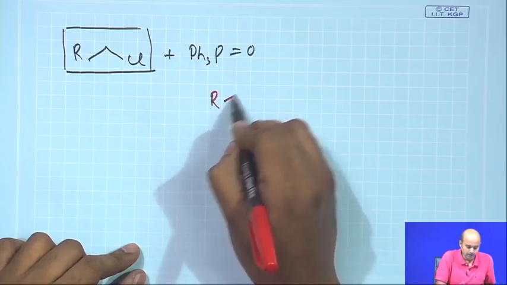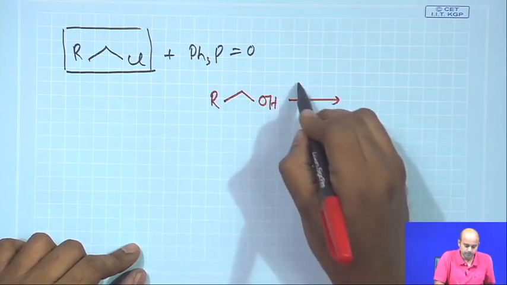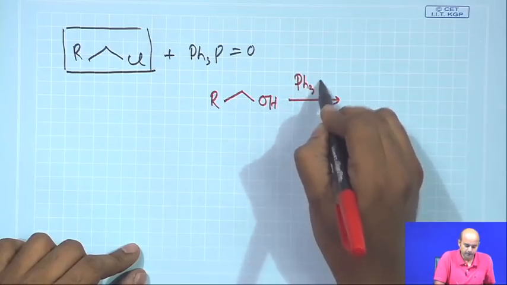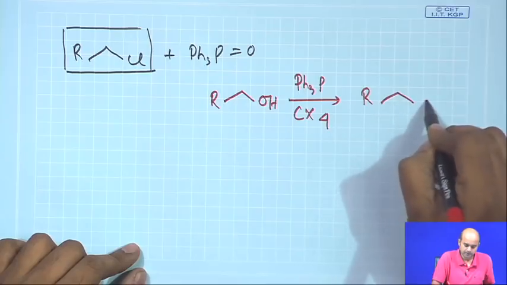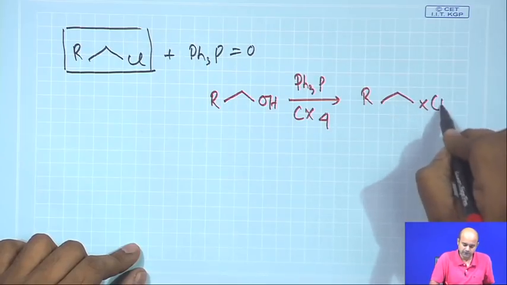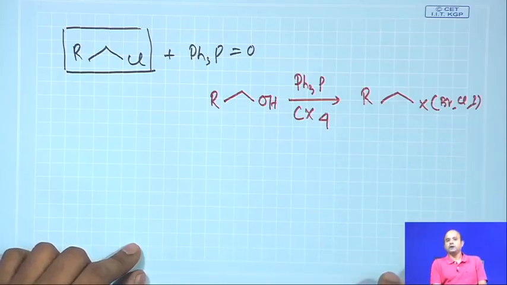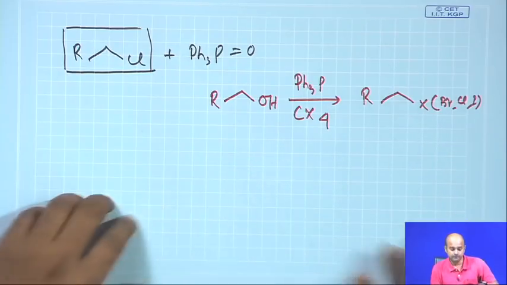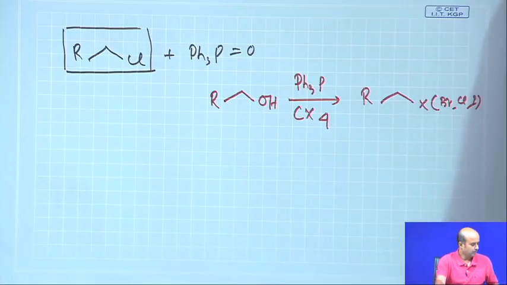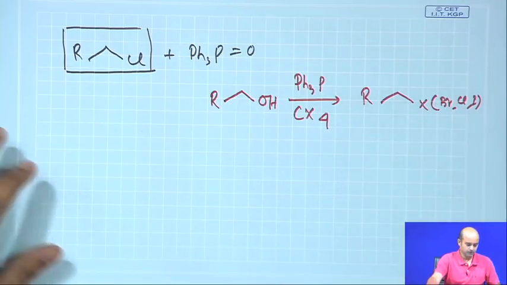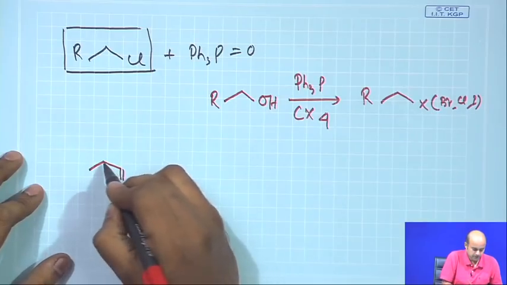You can take this kind of compound and, depending on the source of the halogen, you will basically get the corresponding X. X stands for bromo, chloro, iodo. This is a one-step reaction, and I will explain the mechanism. So, now coming to our problem, which was given to you, you have an initial starting material